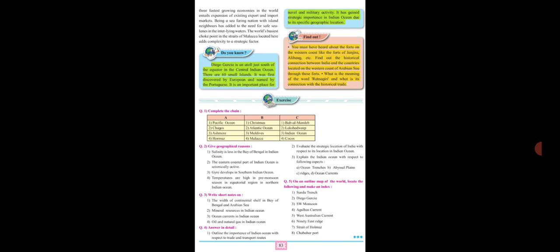I also told you that the majority of the crude oil exported by the Gulf countries passes through the Strait of Hormuz. The economy of island countries like the Maldives and Seychelles depends on two things: marine tourism in the Indian Ocean and the marine